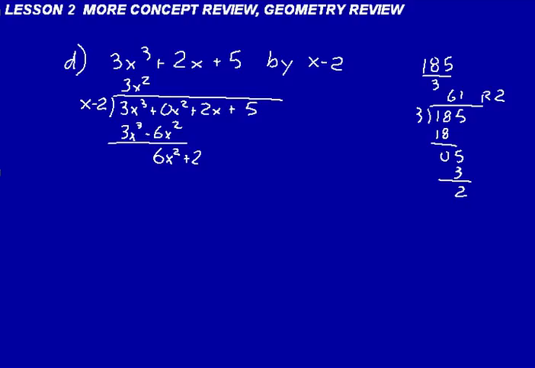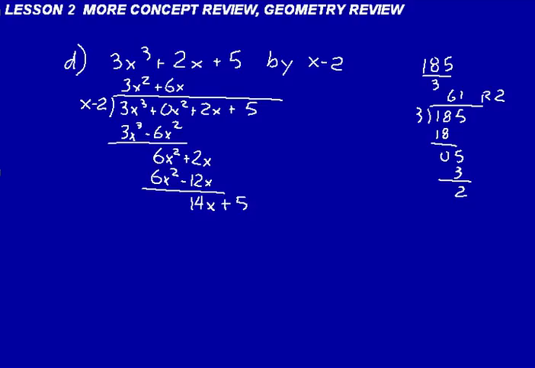Bring down the 2x. And so now we want to get rid of that 6x squared. So we think, well, we could multiply x minus 2 by 6x, and we'd have 6x times x is 6x squared, and then a minus 12x here. And so we'd get the 6x squareds to cancel, and then 2x minus a negative, or plus 12x, would be 14x,